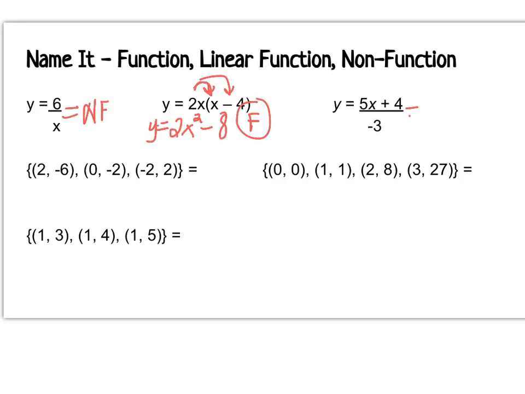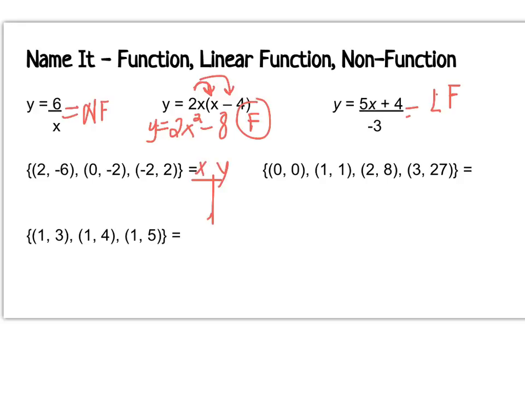Right here, y equals 5x plus 4 all divided by -3. This is a linear function. No variables in the denominator, no exponent greater than 1. This one right here, I see that it definitely is a function because none of my x's repeat with a different y, so I need to just figure out the ratios of my x and y to determine if it's